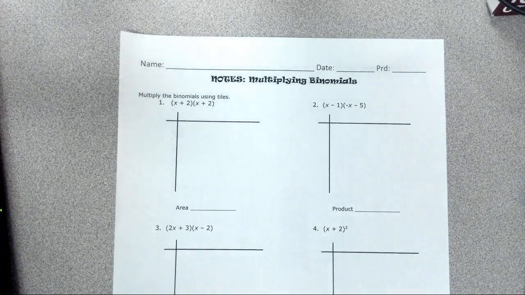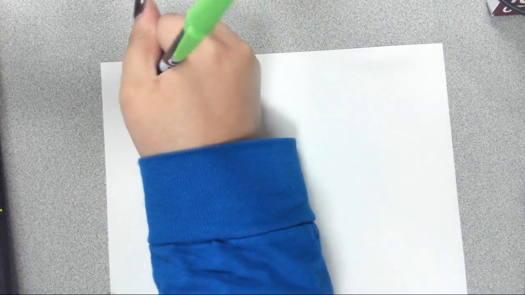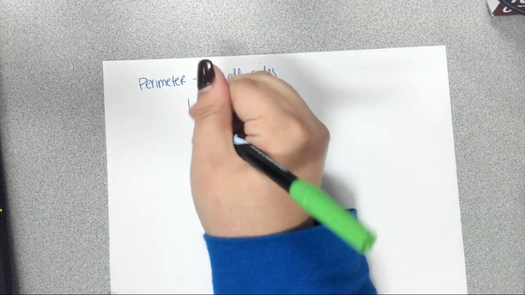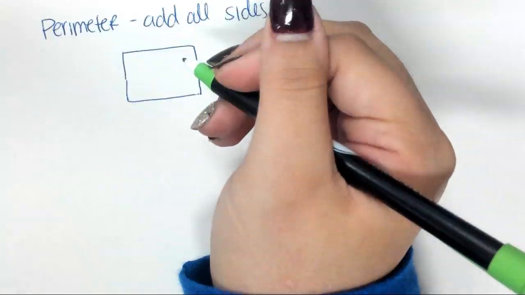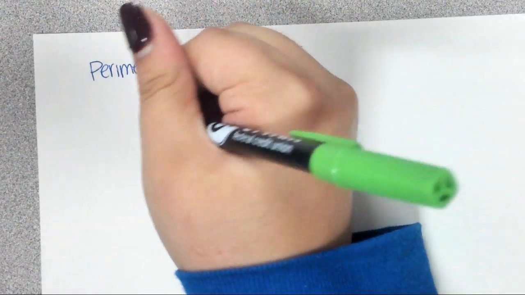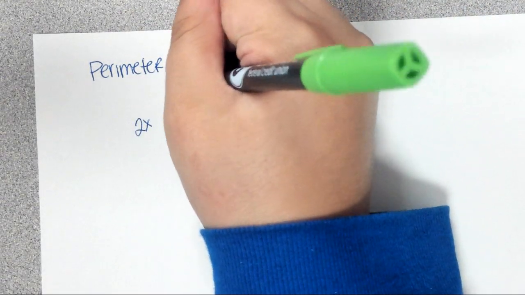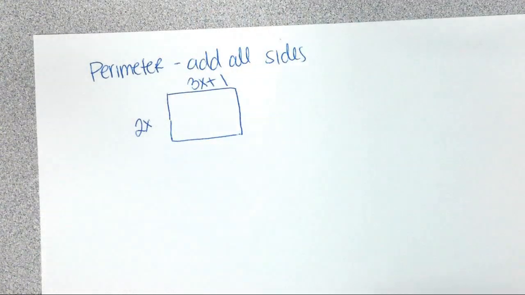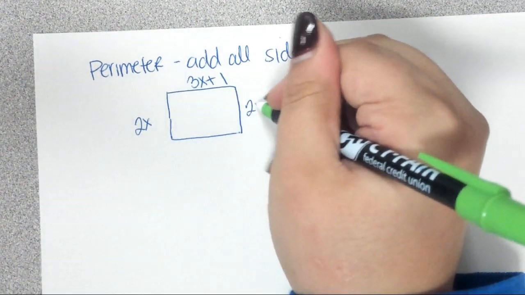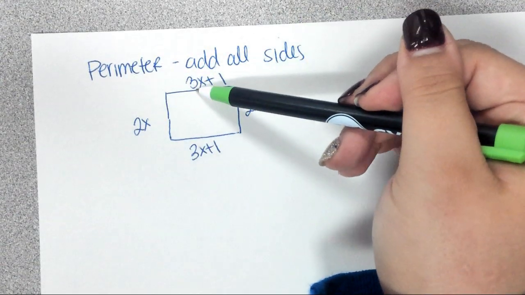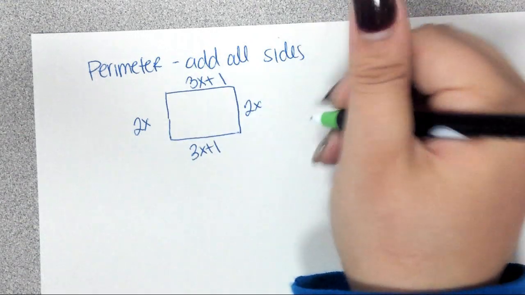Today we're going to learn something new, so I kind of wanted to start off talking about, we've been talking about perimeter. And perimeter means to add all the sides. So if I gave you a rectangle, let me zoom in a little bit, that had 2x and 3x plus 1, okay? To add all the sides, we know that this is 2x and this is 3x plus 1. So we would add them all together and we'd get 10 x's